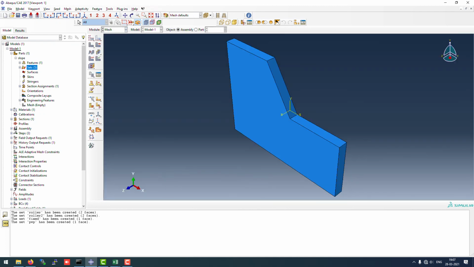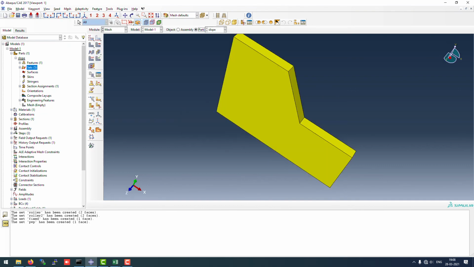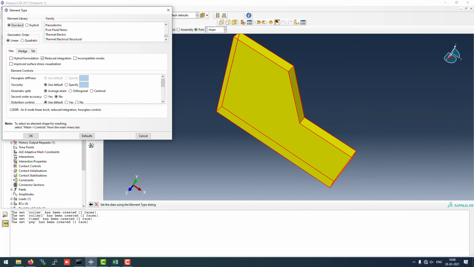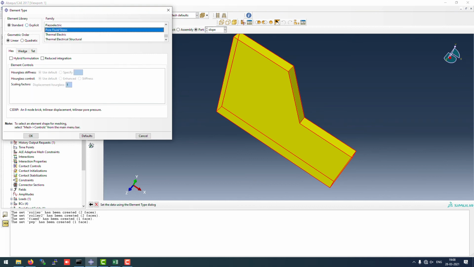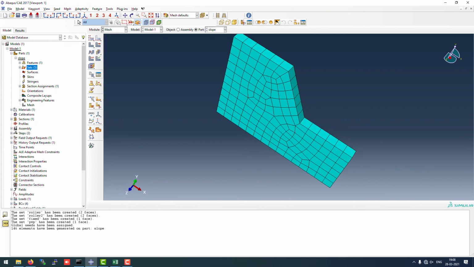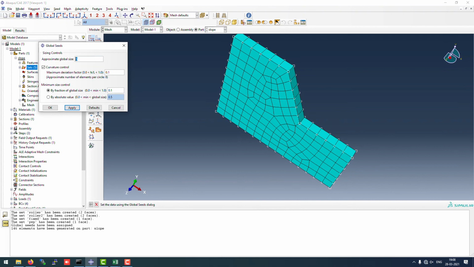Now we'll go to mesh. We'll start with the element type for the part. Let me just mute the headphones because there are disturbances. So the mesh element type will be pore water pressure. Yeah, the coupled analysis pore fluid stress part, we'll go with that and dismiss this, and we'll mesh the part with the basic size available. I'm not specifying the size because I'm just using the default size, that is 5 here.